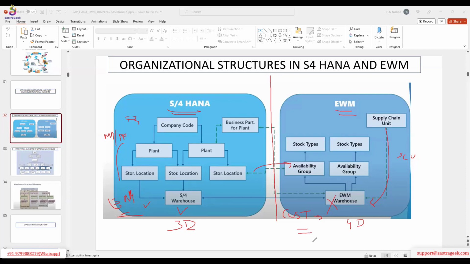Custodian is also a person, so that person you also create as a business partner. Because we have to give an address for that person, and we also have to specify which plant this custodian is responsible for. Then you have to define it as a plant. And also there is a financial